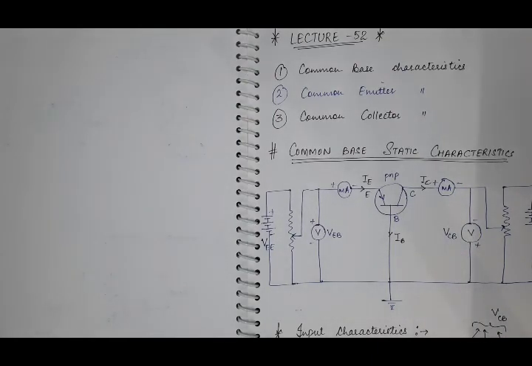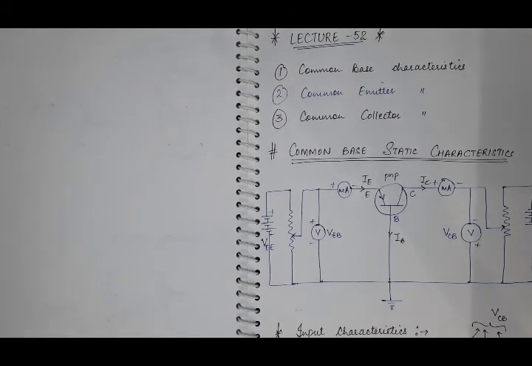And then to measure the voltage across this emitter base junction, we have connected a voltmeter. It will give you the measure of potential between emitter and the base junction. Similarly, this voltmeter is connected here between collector and base to measure the potential across the collector base junction. So it will give you VCB and the other voltmeter will give you VEB.